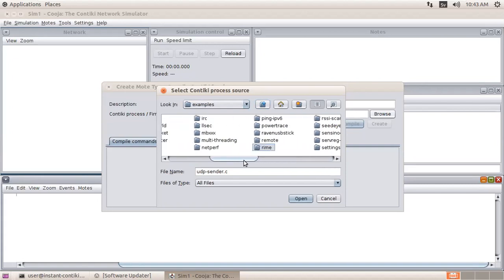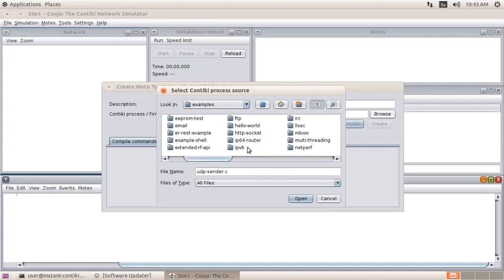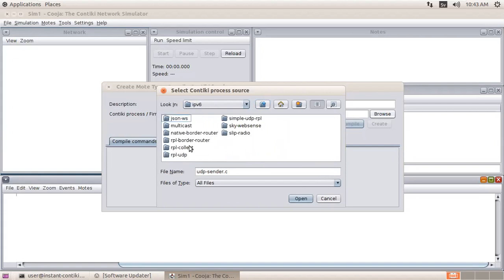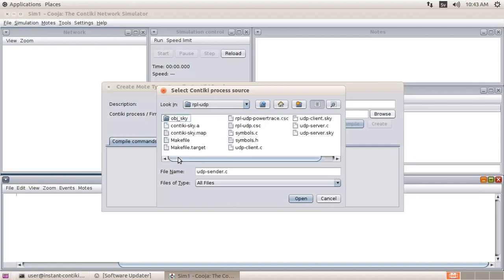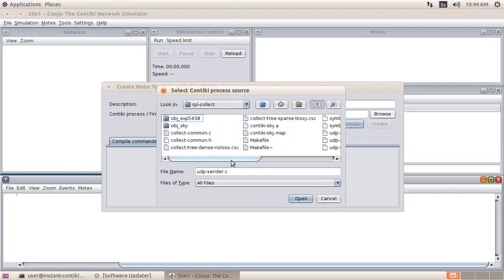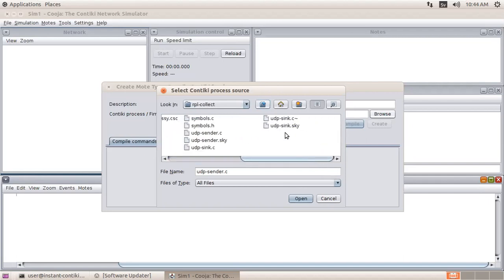So moving with this, first we have, suppose, IPv6 and we are going with RPL, UDP, and over here you can see we have these two types, that is UDP sink and sender, right?